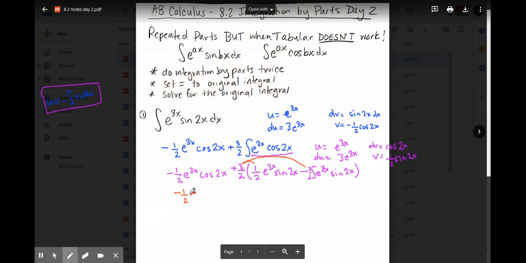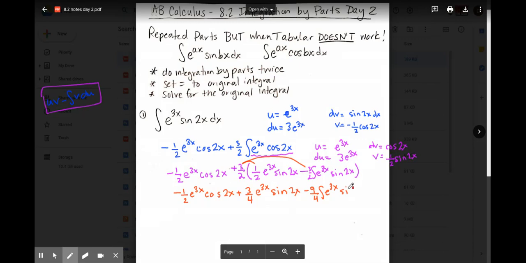Okay, so we stop at integration by parts twice. And the reason being is, and I wonder if you notice this, if we try to integrate this again, it's the same as what we started with. You're just going to keep going back and forth between e to the 3x cosine 2x and e to the 3x sine 2x. So you stop integration by parts after doing it two times. And now I'm simplifying. I'm distributing the 3/2. It would be negative 9/4 the integral of e to the 3x